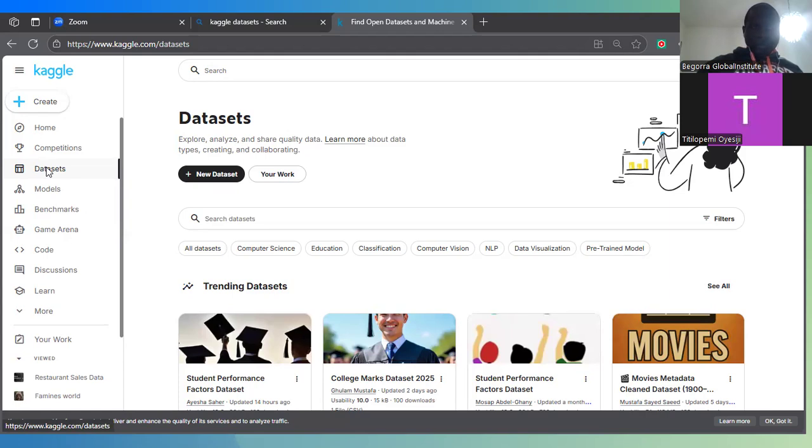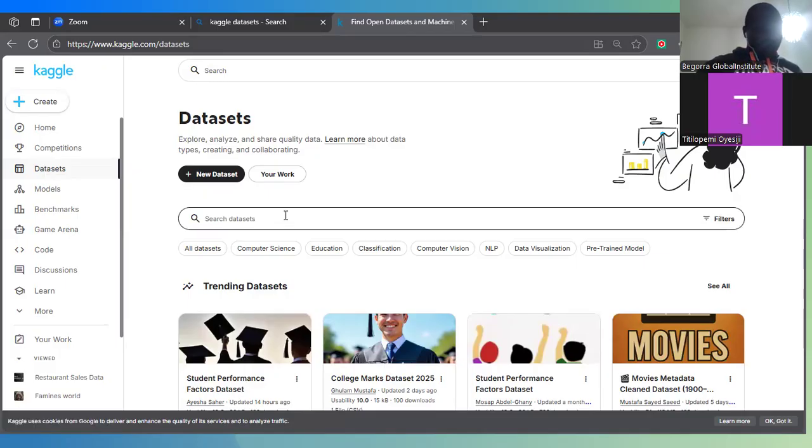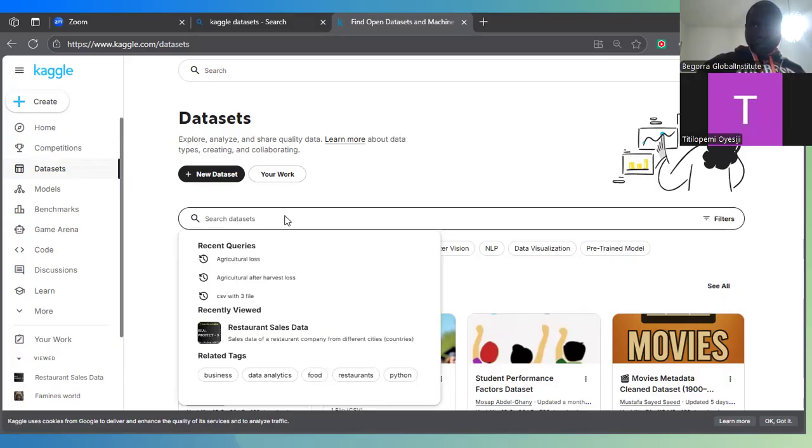Another thing is that you can just come here in your free time and search for data sets that you can use to practice. So whatever you learn in class, you can download the data set and redo everything that you learn. That's how you learn better and how you understand the things that you do better. So now I want to work with sales data, for instance.